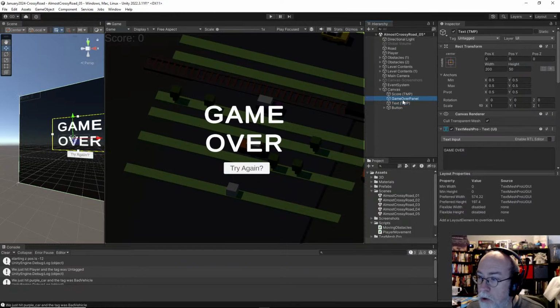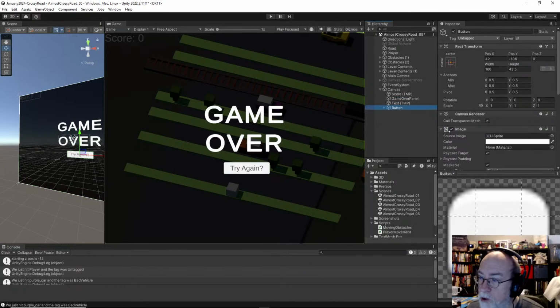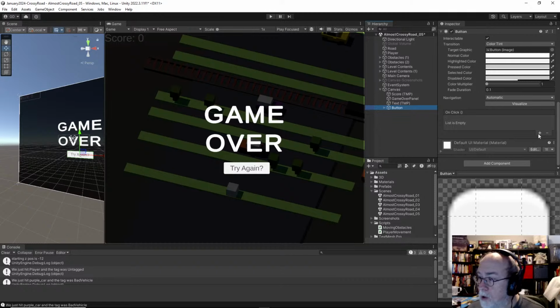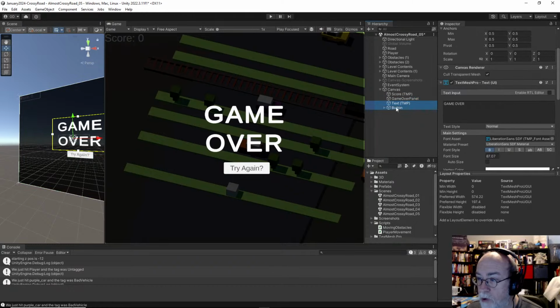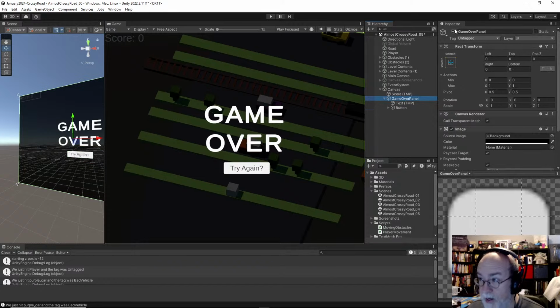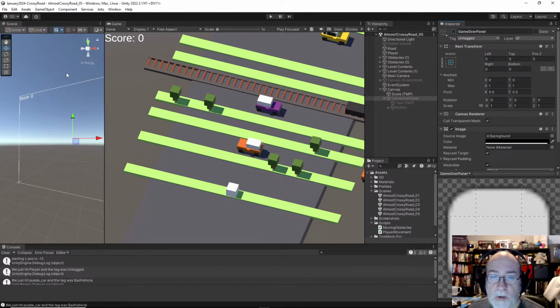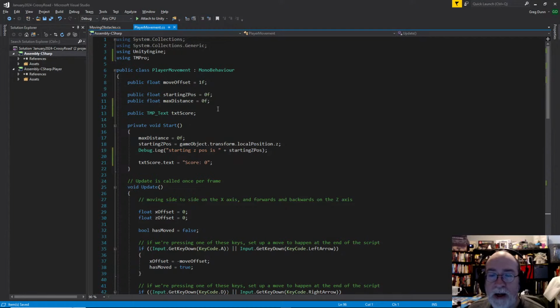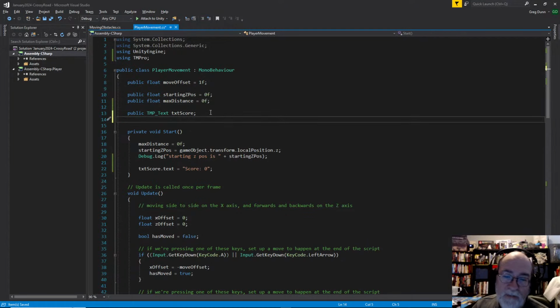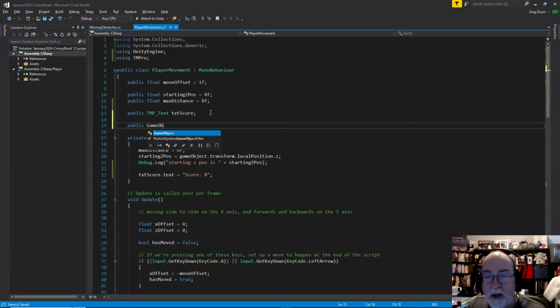And the other thing we want to do, we're going to need to tell this what to do when they click the button, and we're going to need to turn this whole panel off and on, and we're going to group everything else under that, so that by turning the whole thing off and on, we've got one game object we set active or not. So let's do that. Normally I'd have a game manager doing that, but it's in player, which is fine. Public game object